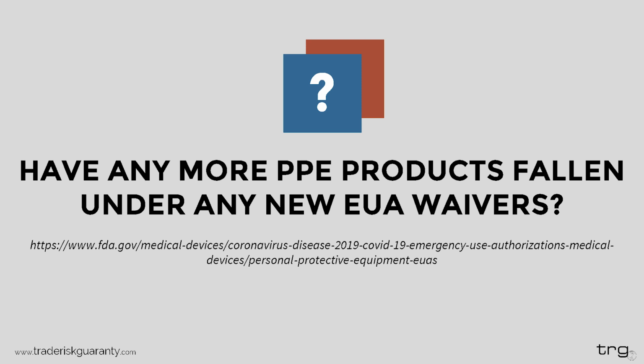So this is a page directly on the FDA website on the topic of personal protective equipment, EUAs. There are also links on the side of this page for more information on EUAs issued for other medical devices. So this is a great page to go to and read through what applies to